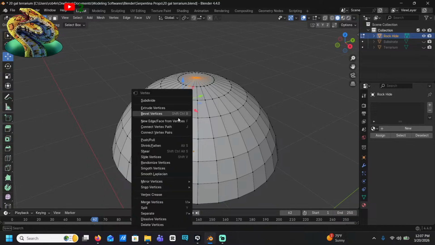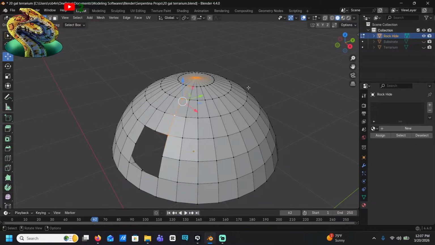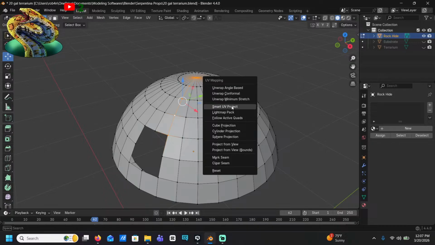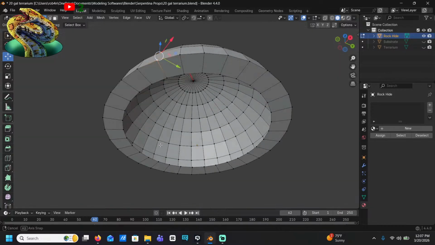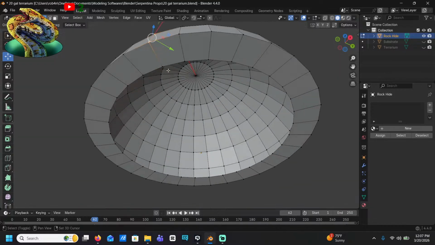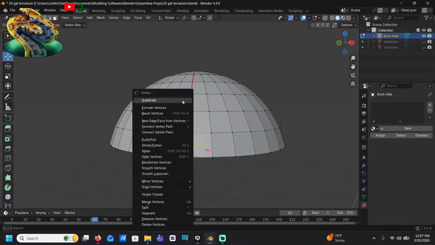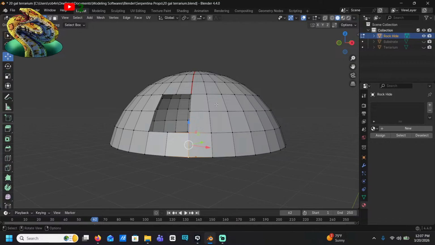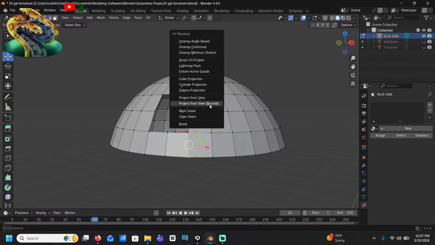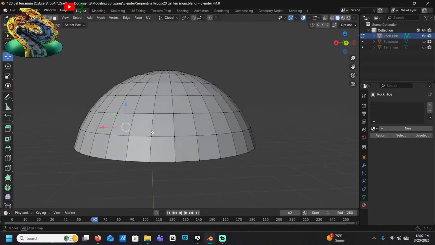Okay. Do you, and then mark a seam. What did I just do? Hold on. You mark a seam. Okay.